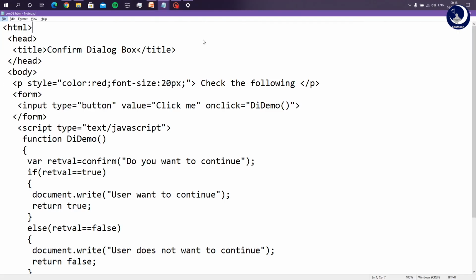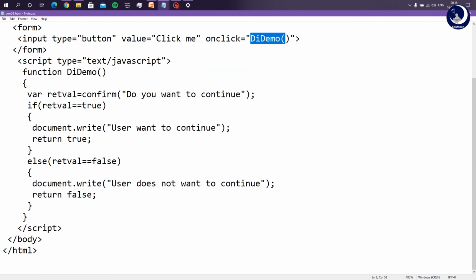Next. Here, this is the example for the display of the confirmation dialog box. For this HTML web page, the body consists of a paragraph which has a style set to color red and font size 20px, and the paragraph content is check the following. The form consists of a button which says click me, and when it is clicked, it triggers the DieDemo function.